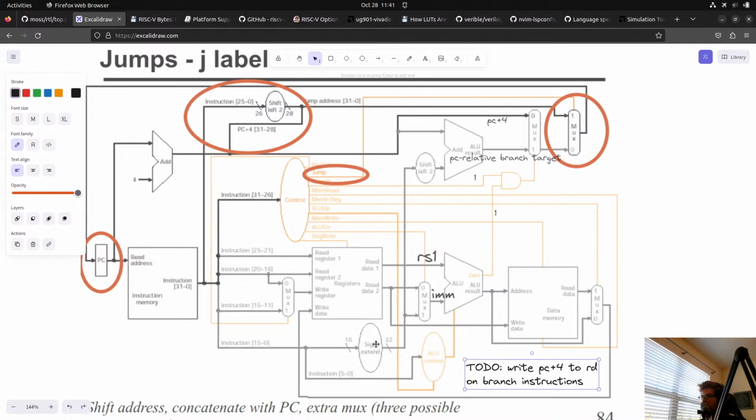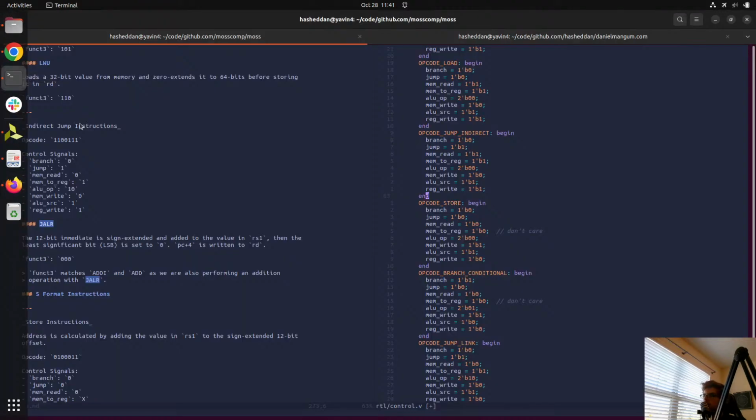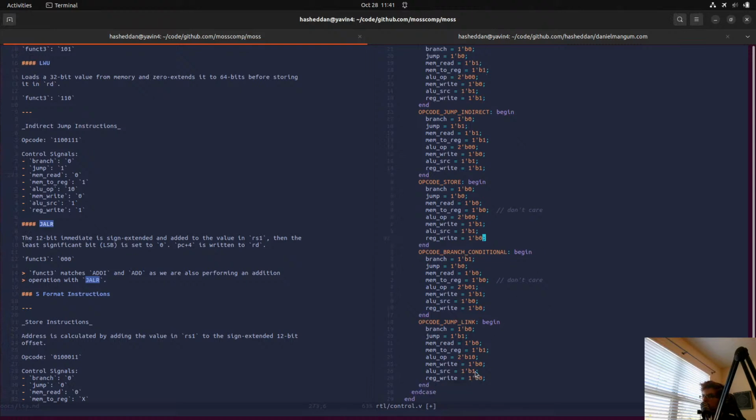ALU source comes in and it says, is it a sign extended immediate or is it a value read? So I think for both jump and link and jump indirect, we don't care. And I guess that's true for the ALU op as well.